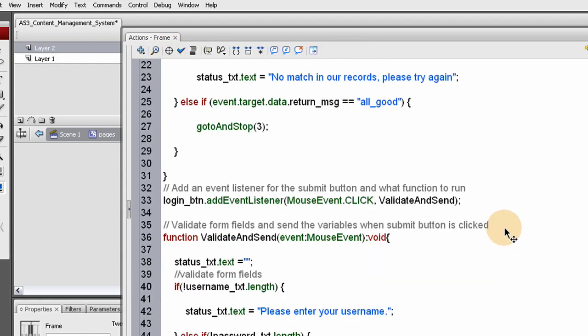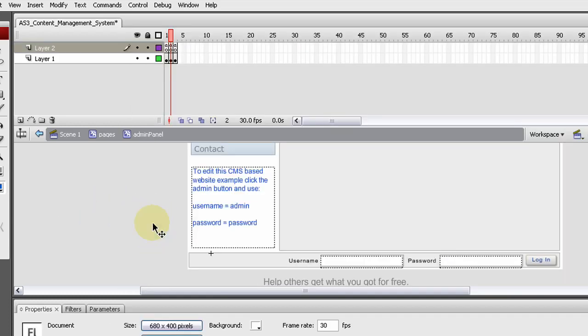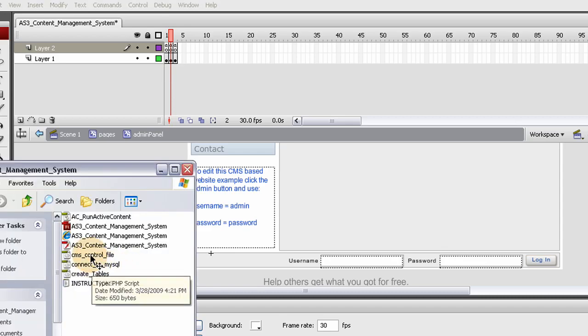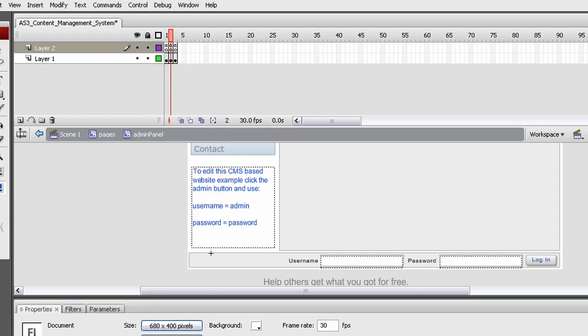Now this login code connects to a file called Cms Control File.php, and I named it Cms Control File because it runs the whole system. If you go to that folder, you open Cms Control File. Let's open that in Dreamweaver CS4 so we can see the syntax real well. And my programs are taking forever to load. Okay. Let's go ahead and size this down so we can see it all. Alright, now